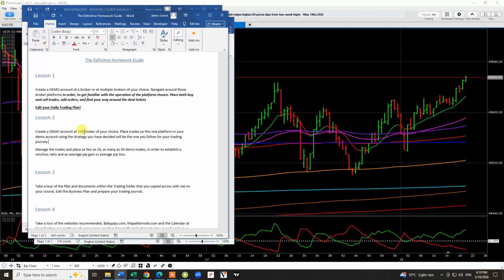Manage the trades. Place as few as 20, though 20 is not really enough, and as many as 50. Ideally it should be 50 to 100 demo trades in order to establish a win-loss ratio and an average pip gain versus average pip loss. If you think that the gambling institutions of the world don't have a hold percentage, you'd be very